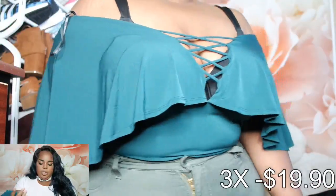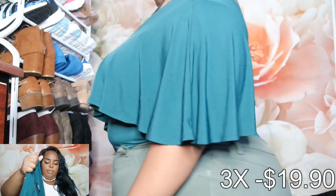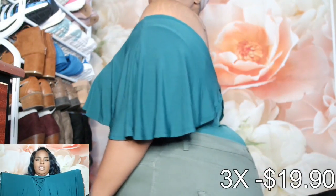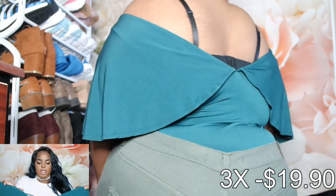And it reminds me of a similar piece I got from Pink Clubwear. But it's a different type of thing. This is a bodysuit. Has like these bat wing shoulders. It's lace up in the front. But it's not adjustable lace up. And then it has